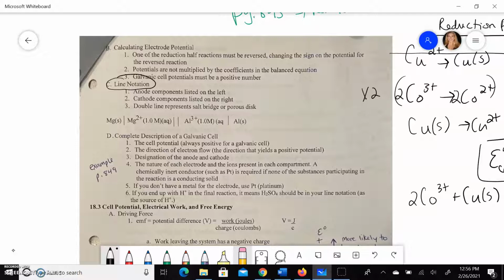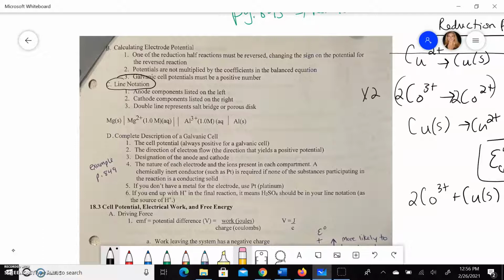Just think of it as if you're putting them in alphabetical order, so A comes before C. The line is going to represent the separation between the two things that are changing. So in this case, magnesium 2+, and then you also have aluminum 3+ and aluminum. You're going to have a double line in the middle that represents the salt bridge or the porous disk in the middle. And notice that you include the states of matter, you include the concentration if it's aqueous, and it